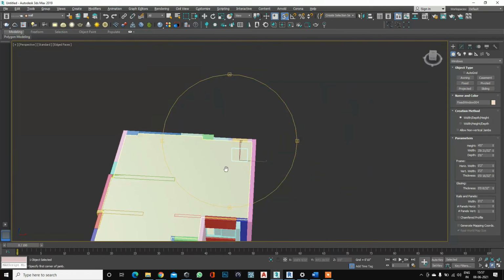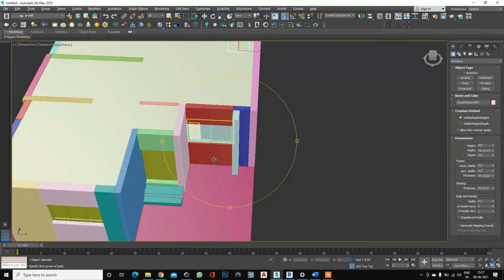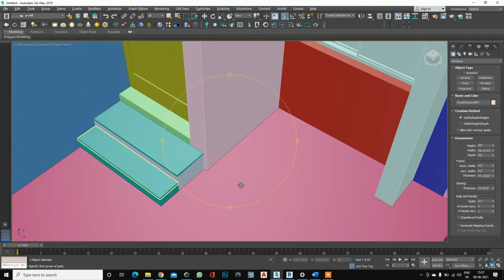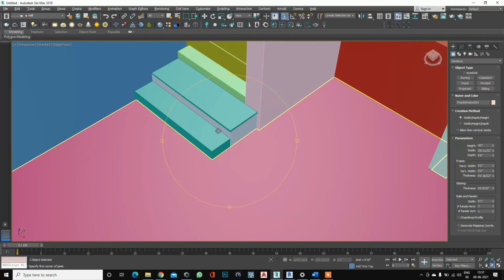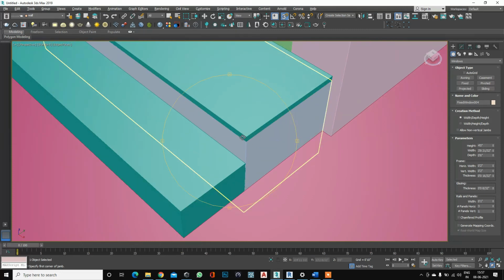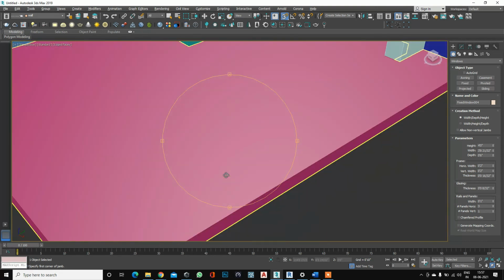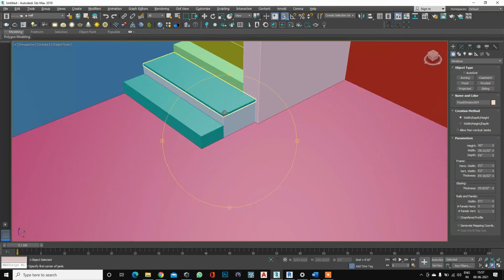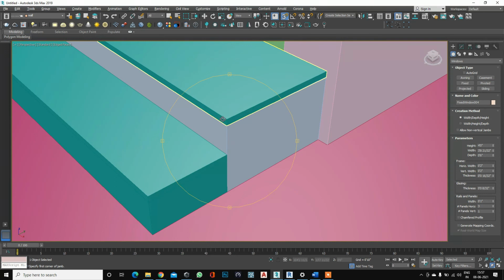Now the last portion. Now you can see this is our stone, but if you are at home right now, just look at your staircase. The stone portion comes slightly outside from this portion, like 1 inch or 2 inch, and it has a smooth surface, not a sharp surface.